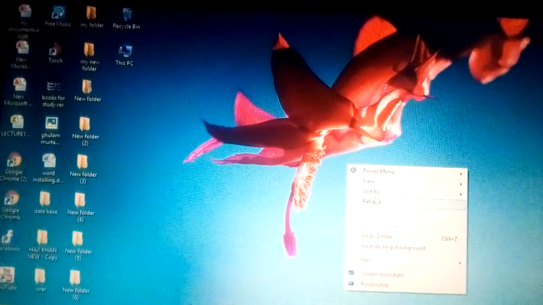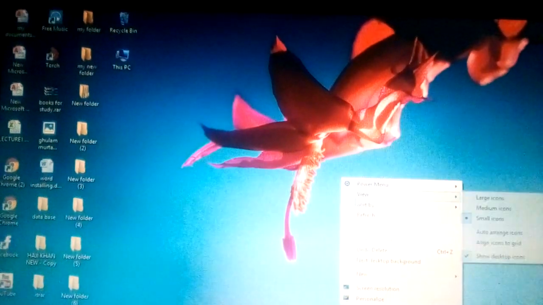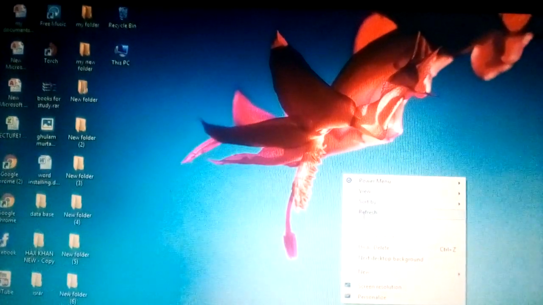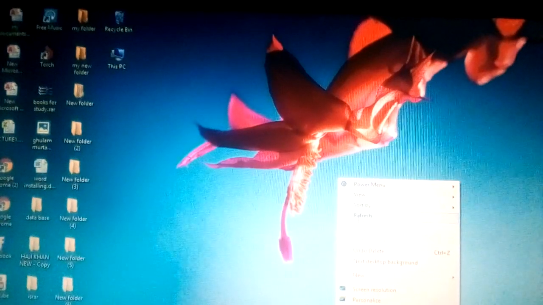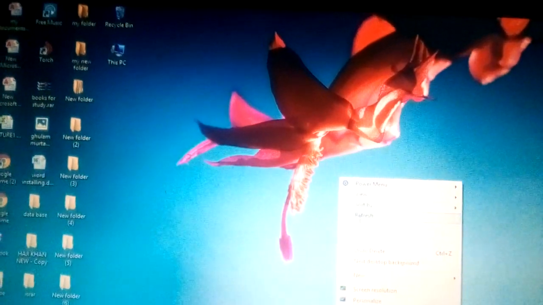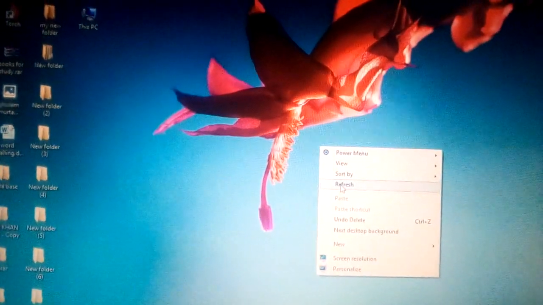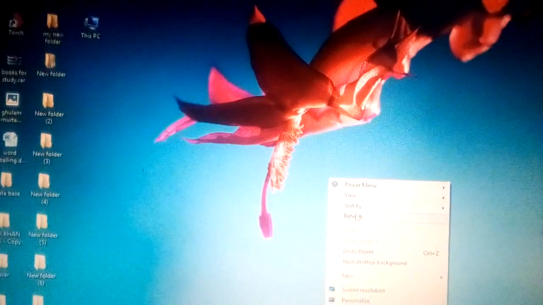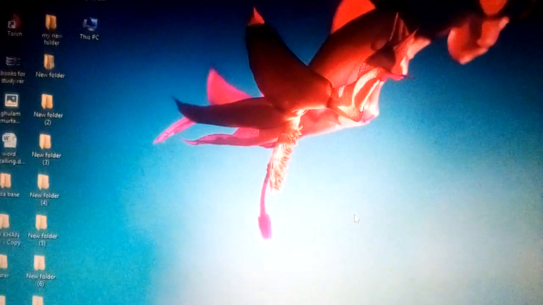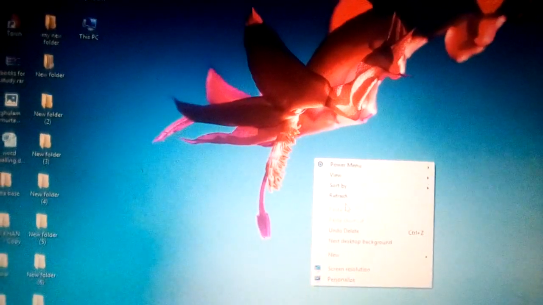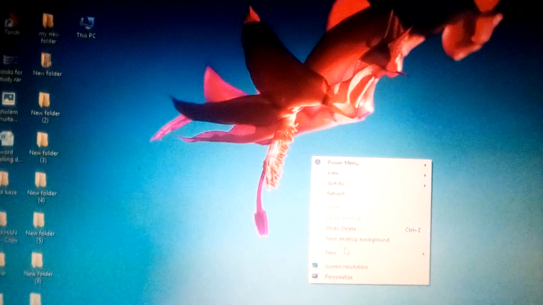Here, first we refresh our laptop. Today in this tutorial we will change the background themes of our laptop or PC. So this is our PC. First we refresh it. Here it is written refresh. Refreshing your laptop will boost it and optimize your laptop timing. After doing this, we will go to the personalize at the below side.